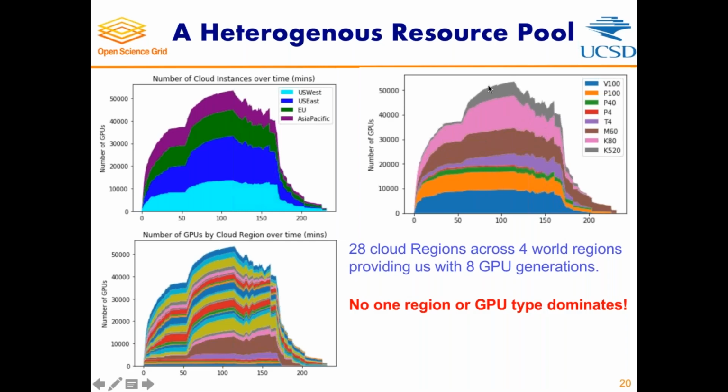This here is by GPU type. You can see that we started out with the V100s and the P100s because those are the ones that we assumed would be the most cost effective, and then we started throwing in others, and throwing in T4s halfway through